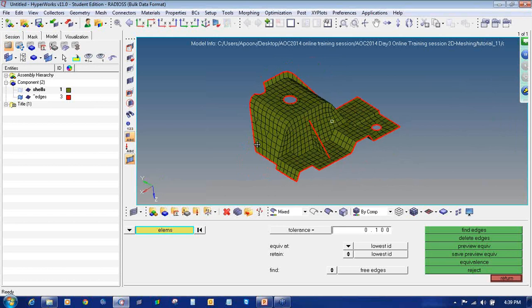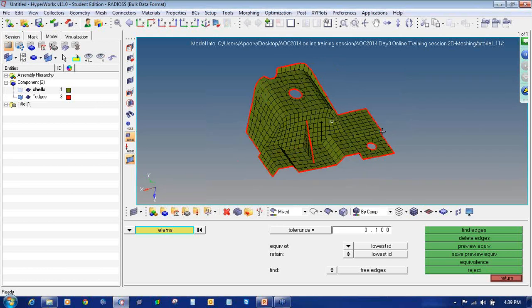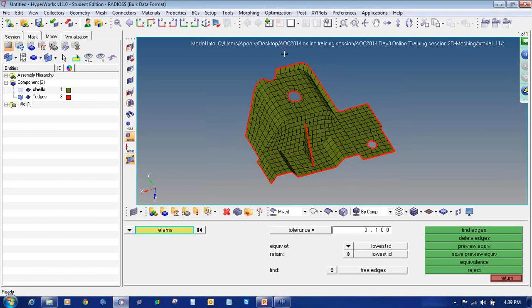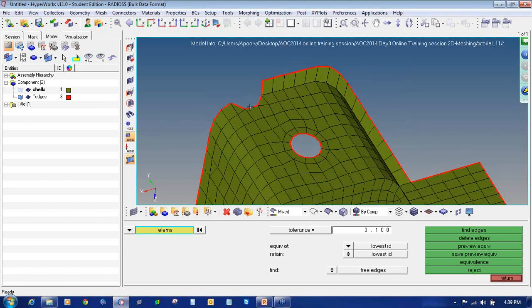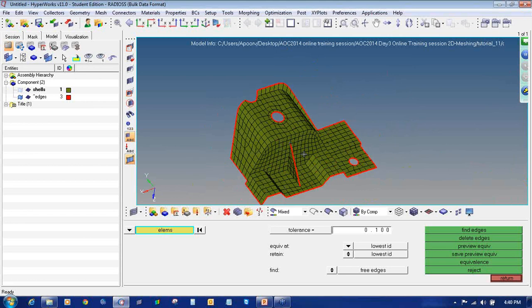So yes, now my edges are at the end of the geometry, you can see here. So this is now perfect. That is more important, so that all the edges should be at the end of your geometry.